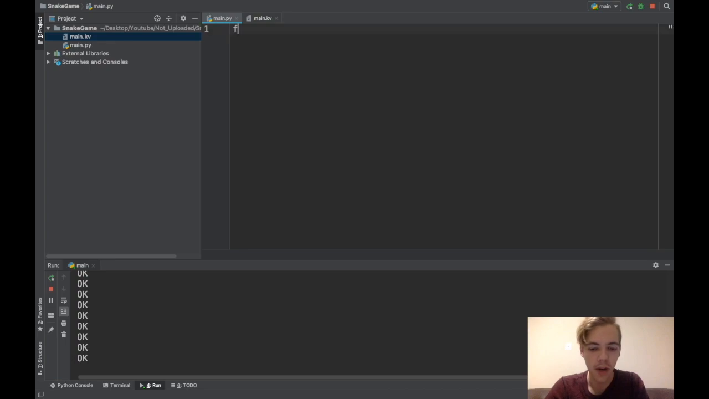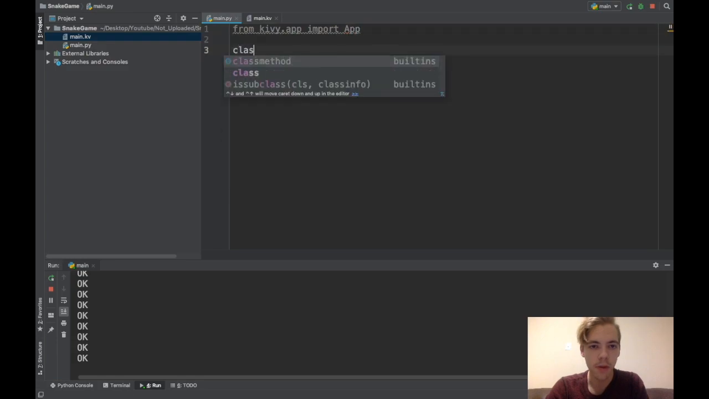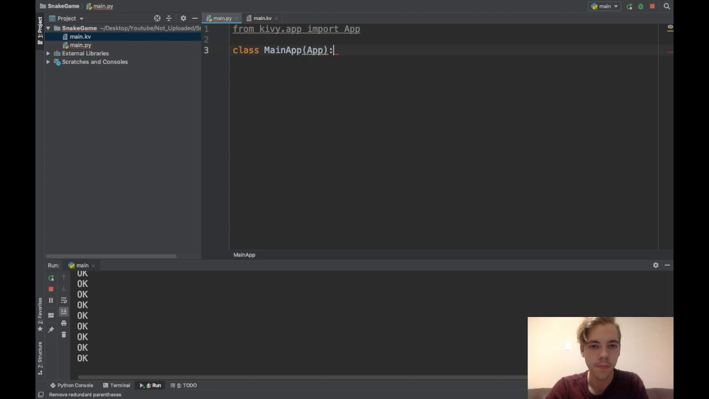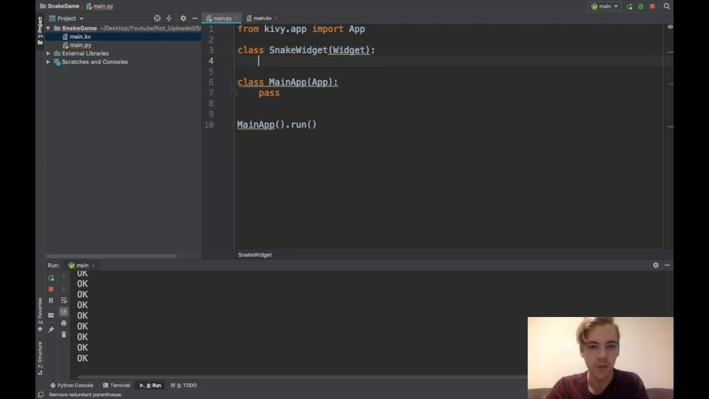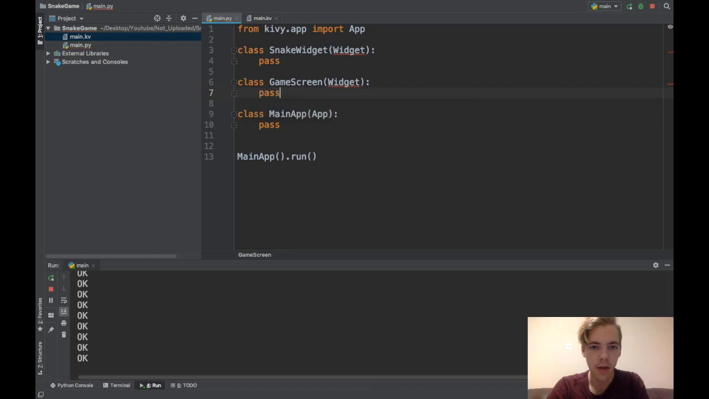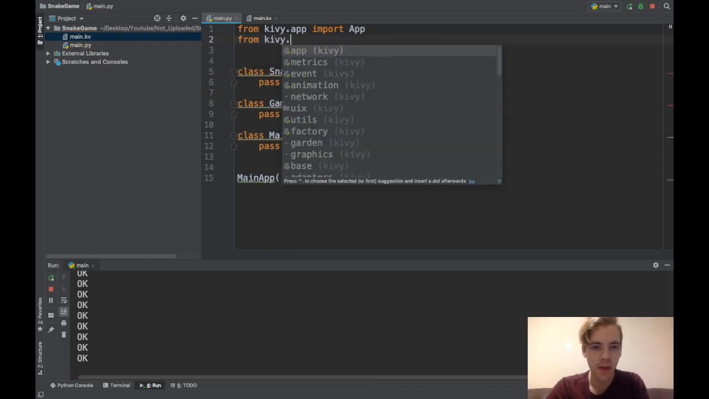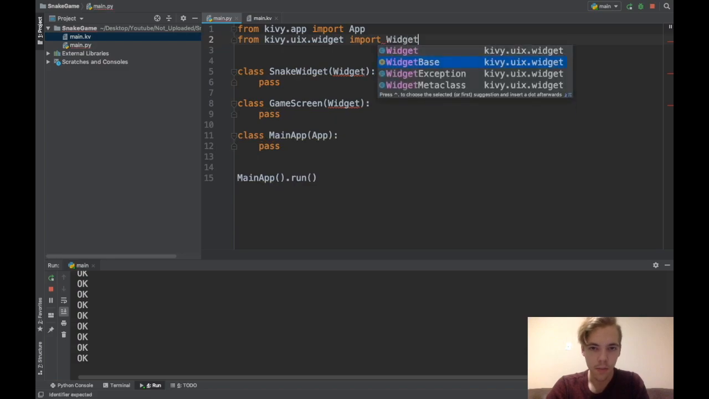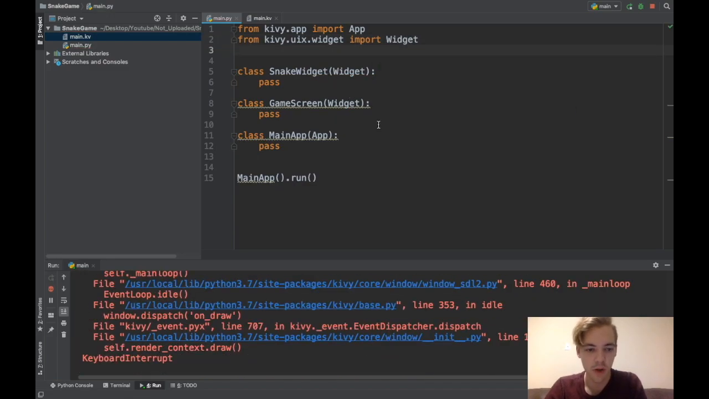Okay, so let's go to main.py. From kivy.app import App, class MainApp. We'll just pass for now, MainApp().run(). Alright, let's make my snake widget, which has to inherit from Widget, and we'll pass. And also class GameScreen, which is also just a Widget, and pass. From kivy.uix.widget import Widget. Okay, if I run right now, I should just have my main screen and